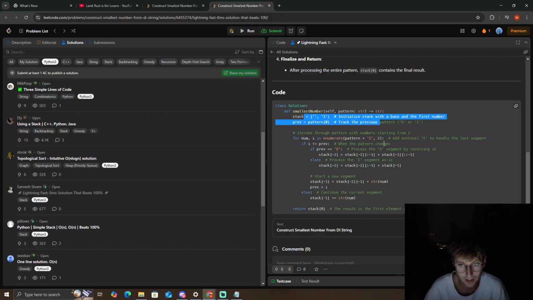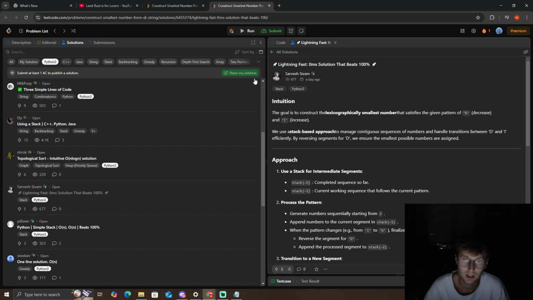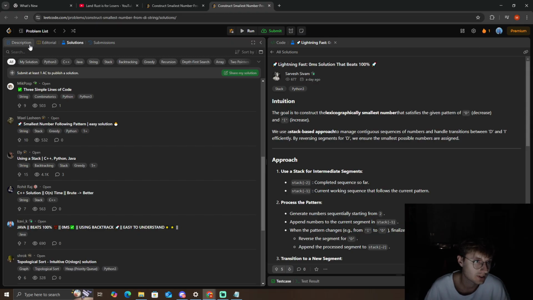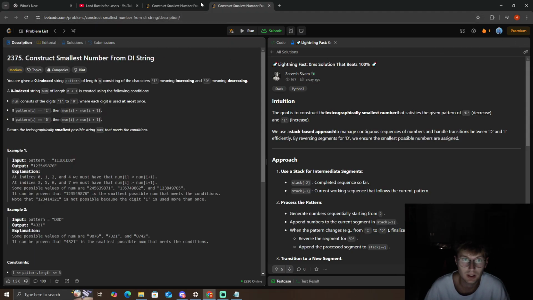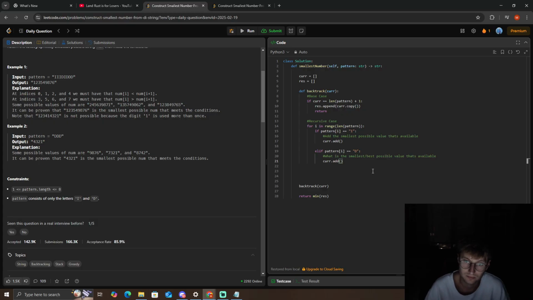Looks like they use a stack here as well. Interesting. I kind of wasn't really thinking about a stack for this problem, but I'm trying to think here. Well, maybe we can think about it the stack way, but I'm going to finish it using the way I was going to. Here it looks like they use